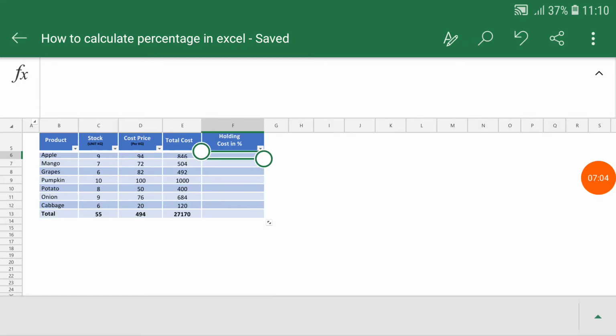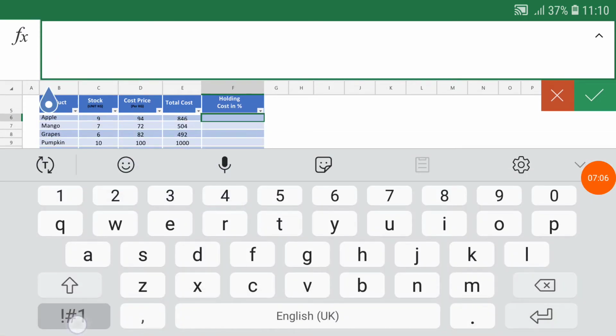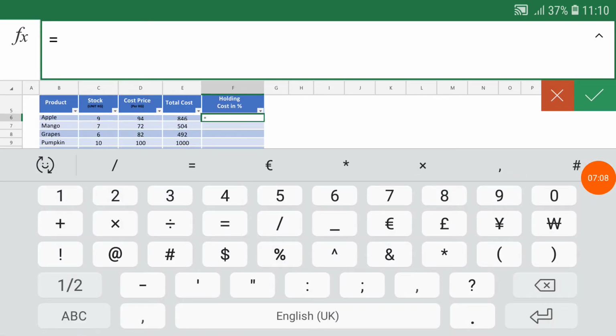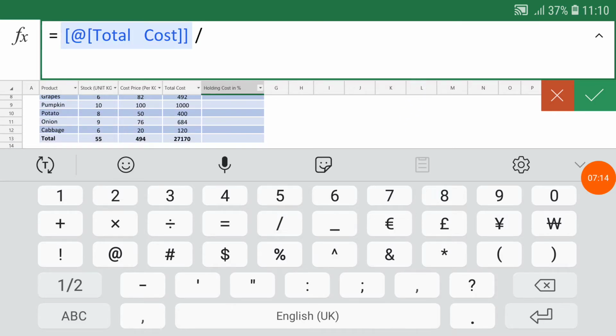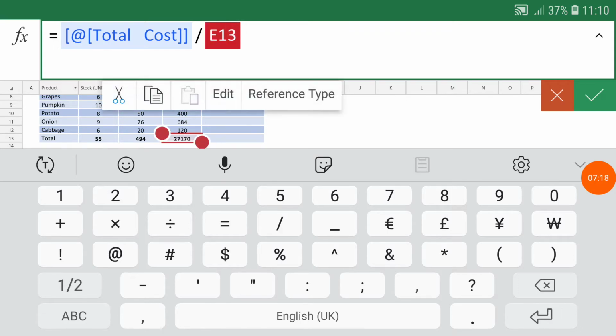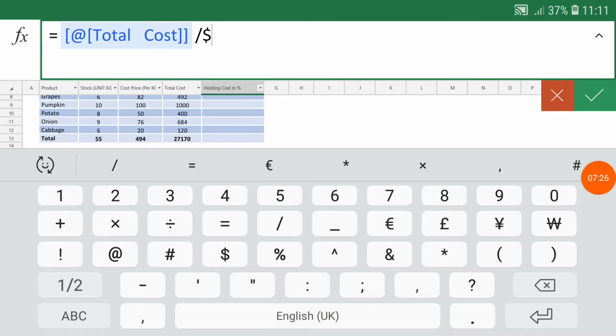Now I'm going to apply the formula as total cost divided by the grand total, and we need to fix this with the dollar sign.